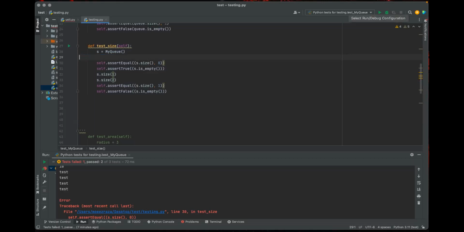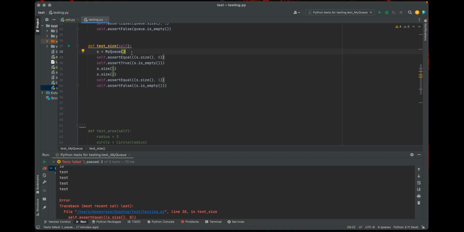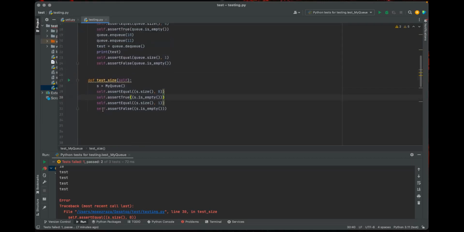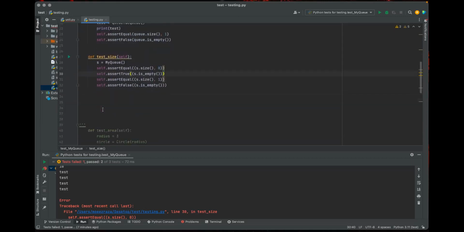Okay, that makes sense. And also you don't need that 31 and 32. Line 31 and 32. Size is not used. You cannot use this size method to insert something inside the queue. If you want to insert something, then you have to, yeah. Now, first, before you touch anything, just run.